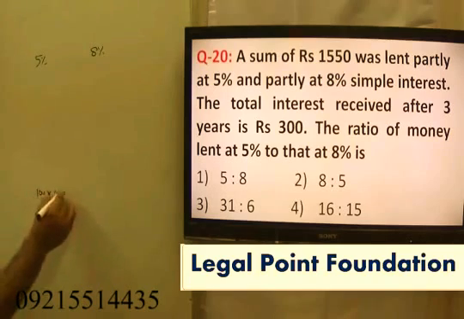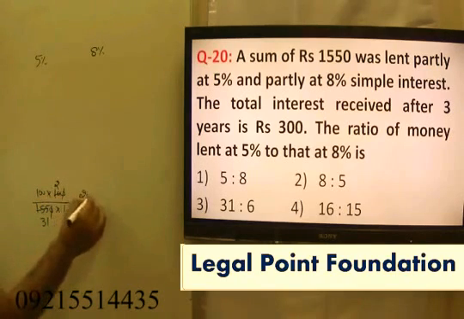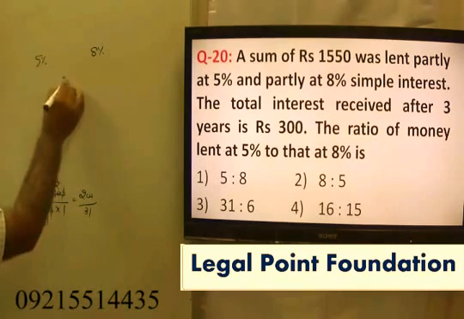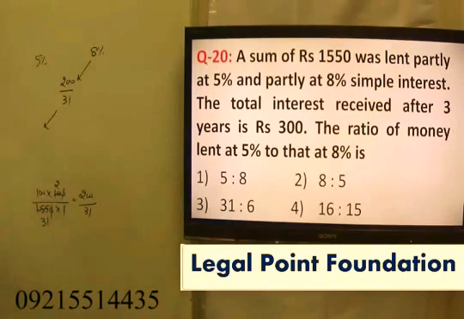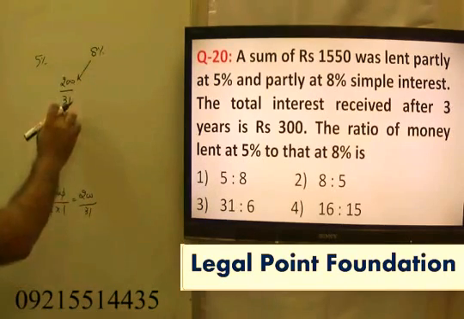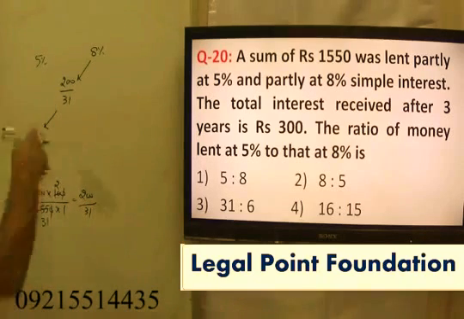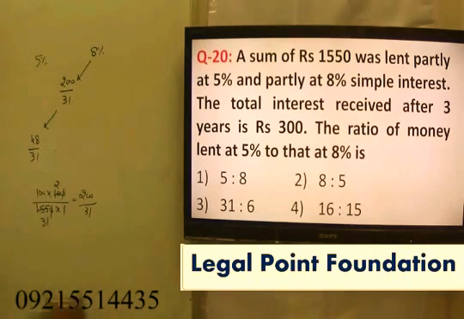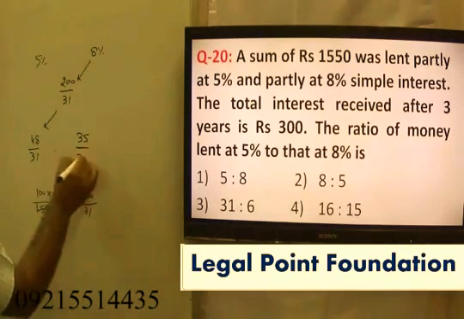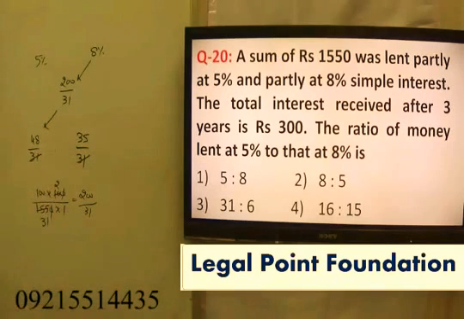100 into 100 upon 1550 into 1. Cancel out. 5 will go on 31, 5 will go on 2. That is 200 upon 31. Make it as 200 upon 31. Apply alligation here. If I solve it, what do I get? 8 into 31 is 248. Subtract it, 48 upon 31 here. And when I take it here, that is 165. 31, 165 subtracted, you get 35 upon 31. That is cancelled out. The answer is said to be 48 is to 35, right?